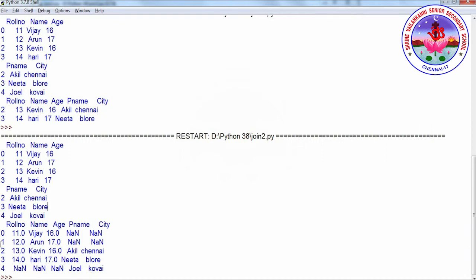If you take 2 as an example, 2, 13, Kevin, 16 is displayed. For the same 2 we have Akhil and Chennai here. All the matching values are filled accordingly. For the non-matching indexes, NaN is displayed. So this is called outer join, which combines both A and B without duplicates. So 0, 1, 2, 3 and 2, 3, 4. 2 and 3 are repeating, so only for 2 and 3 we have the additional values.